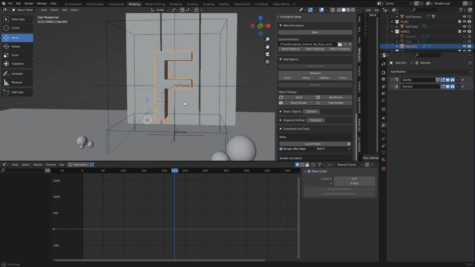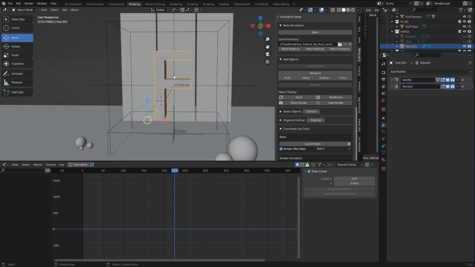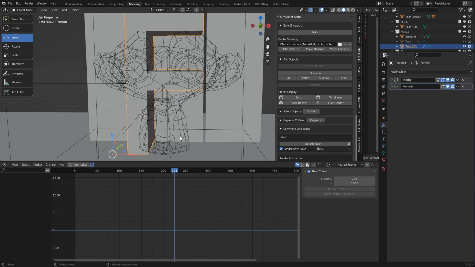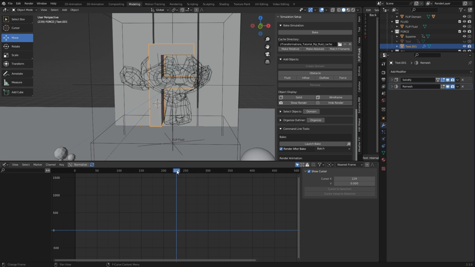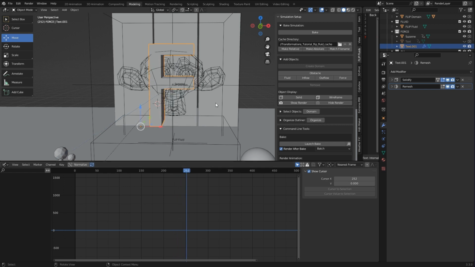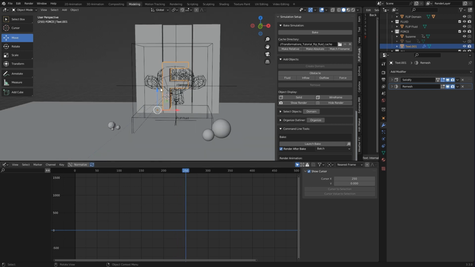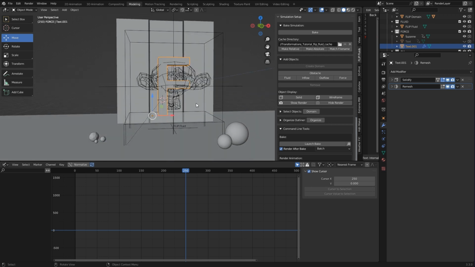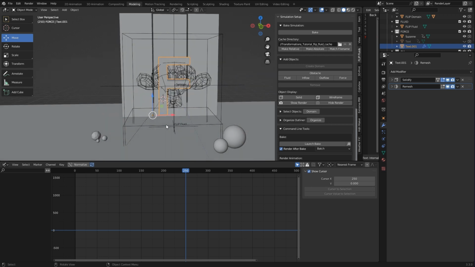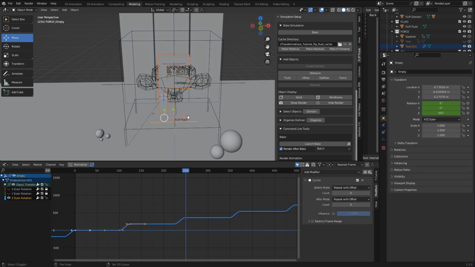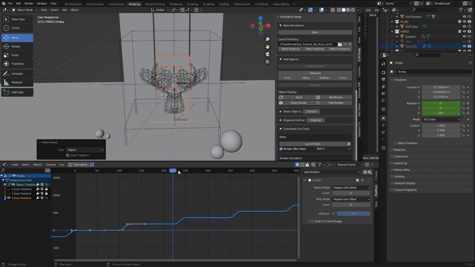But what we now need to do is think about where this thing will rotate and when it is facing into the right direction. So let me disable Suzanne for this example. Suzanne will make its rotation from this frame to this frame. So at this frame the F needs to be faced like this here. So while it is selected, also select our rotation object and parent this one, and you will see it's rotating